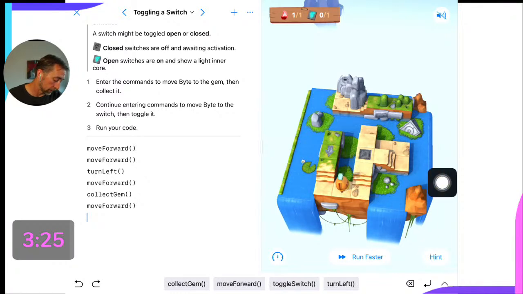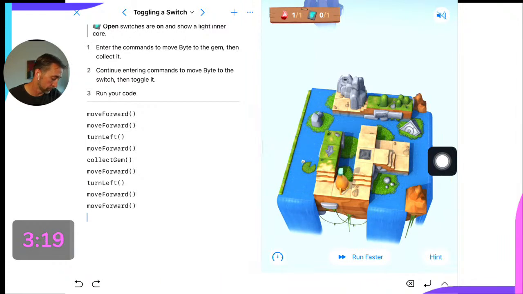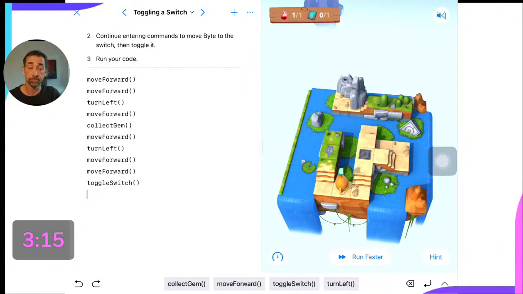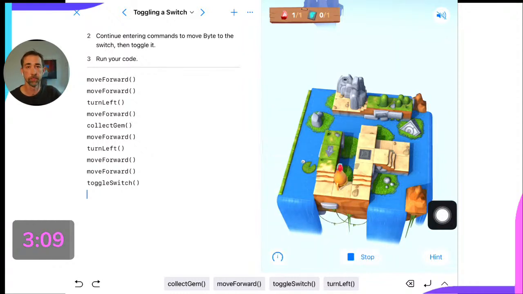We're there. We're going to turn left. We're going to go up 1, 2, and then we'll toggle the switch. Let's run it. I'm actually going to change it back to run at normal speed. There we go, off. We've moved forward twice. We've turned left, collected the gem, move forward again, turned left, move forward,